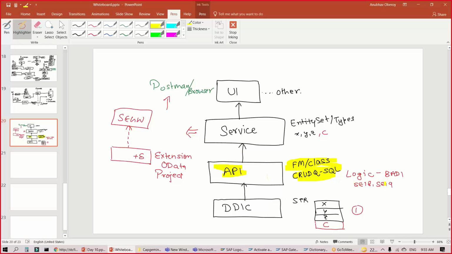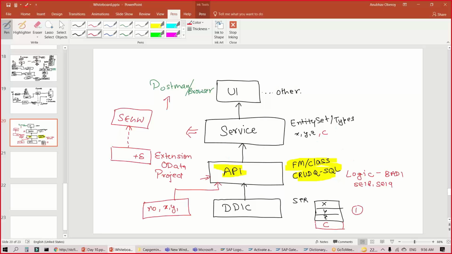So suppose these two fields are not stored in your standard table. They are stored in a custom table. You can also fetch data from there. So the actual number of employees and the other field XYZ, whatever, they're stored here. Now we will add a BAdI implementation where we will write the logic to return the data of these fields.